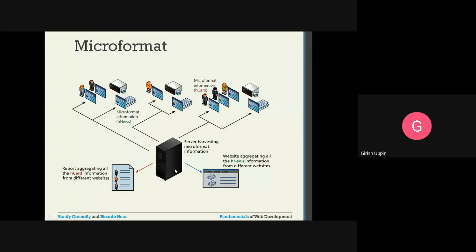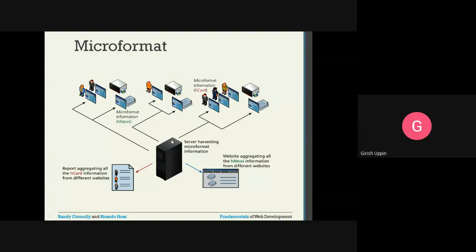This is the web server that is harvesting microformat information. Harvesting means it is getting all the microformat information. Some of the servers have hNews. hNews is a microformat, so this is a standard block of information that we can get. Similarly, hCard information is about maybe human resources.